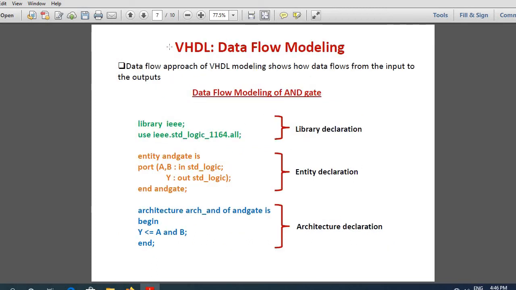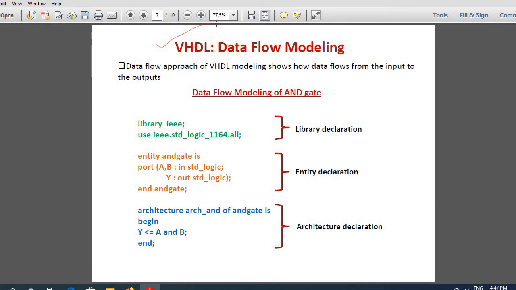Now, I told you that VHDL has three types of modeling approaches. The first one is data flow modeling. So we'll first look at what is data flow modeling. In this lecture, we'll finish off with data flow modeling. The data flow approach of VHDL modeling mainly looks at how data flows from input to the output.